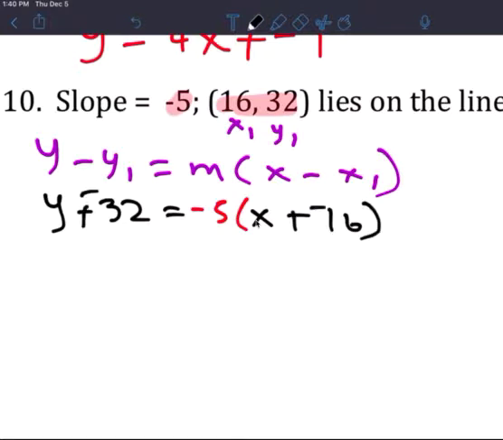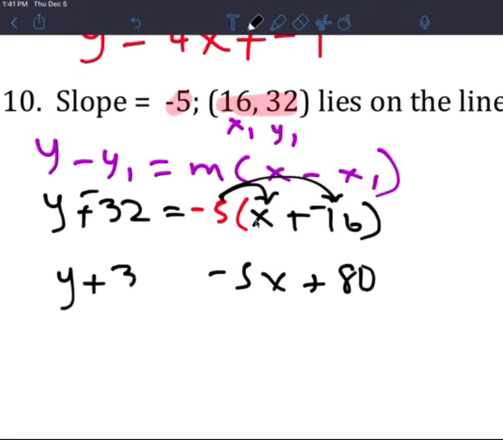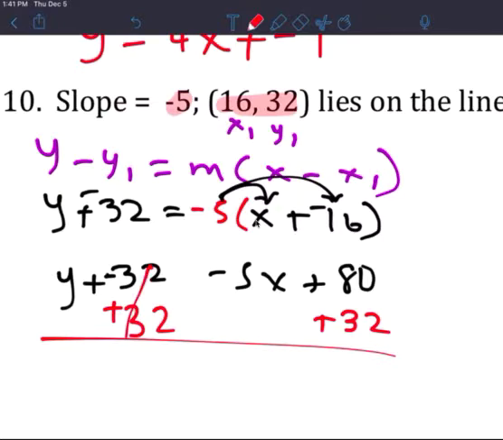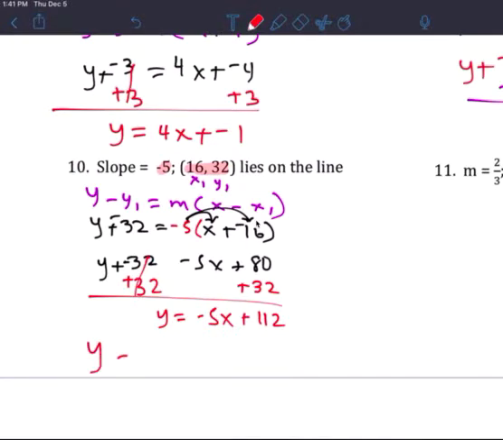Additive inverse. Distribute first. Y plus negative 32. Make negative 32 equal to 0 because it's on the y side and we want to isolate the y. Y equals negative 5x plus 112. So the y-intercept is